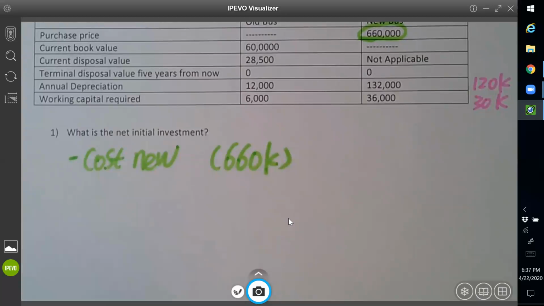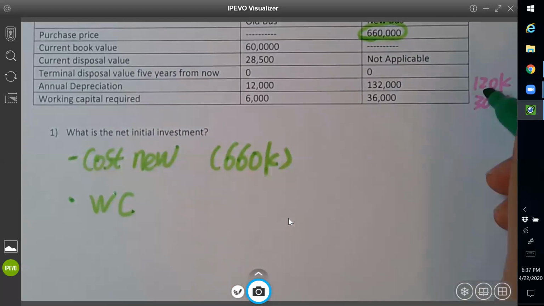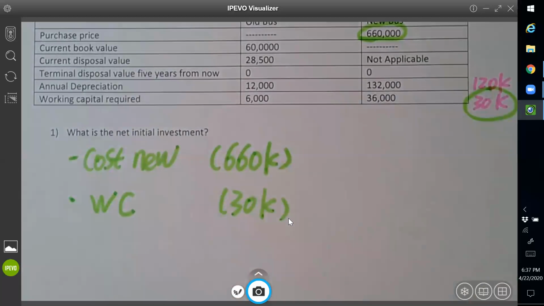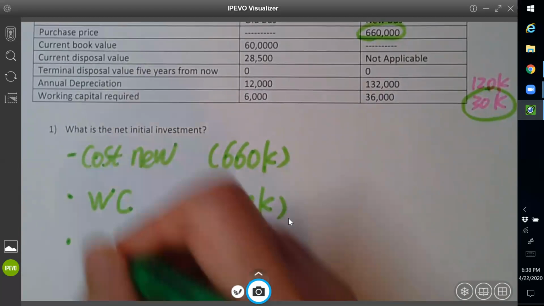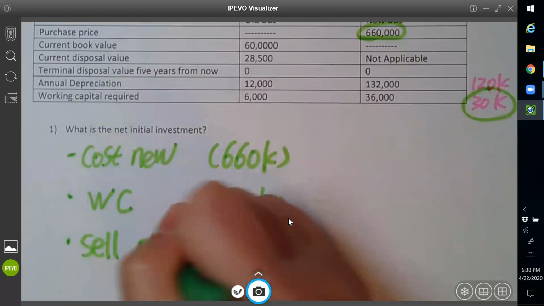Cost of the new bus, and then extra working capital, 30,000 outflow. Because with the new bus, you have to buy extra inventory, you have more accounts receivable, accounts payable, those things. So it's related working capital, current liabilities and current assets. I don't worry about my students. The only thing I want to point out is the cash inflow of selling your old bus,